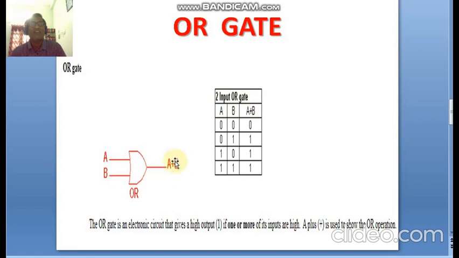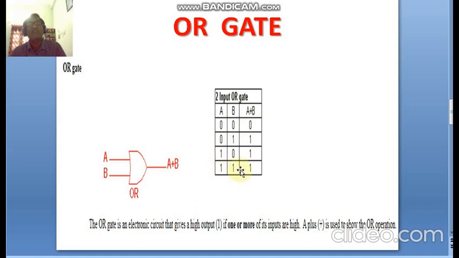OR operation is always represented with the plus, that is the summation of two individual logical variables here. But what are the possible combinations here? Here also A is equal to 0, B is equal to 0 is one combination. A is equal to 0, B is equal to 1 is one combination. A is equal to 1, B is equal to 0 is one combination.